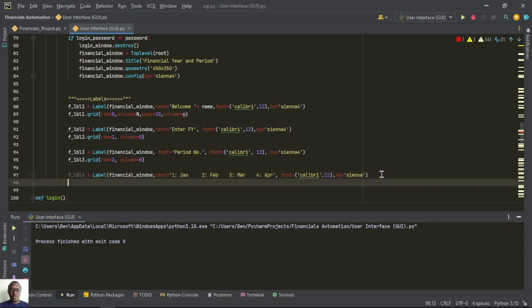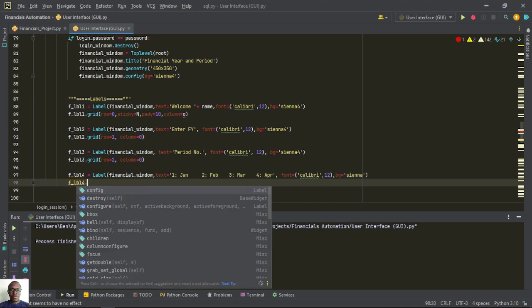Then we need to put this one within grid, so we'll say f_lbl4.grid